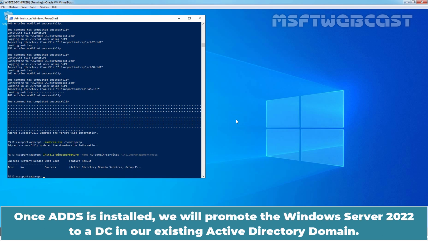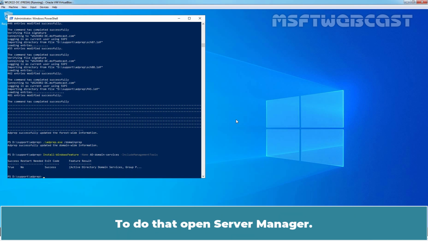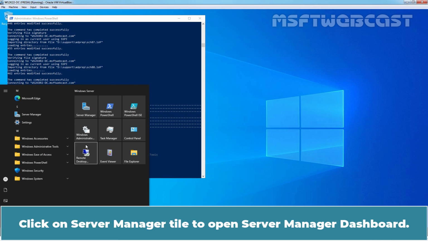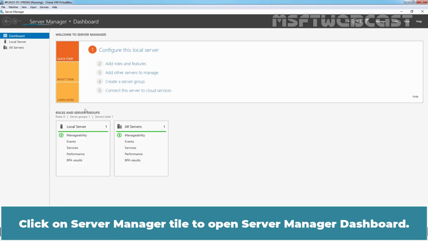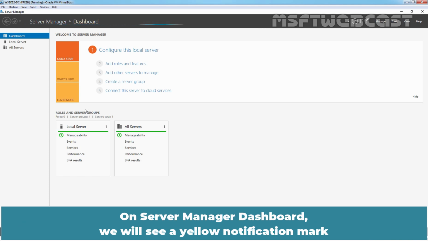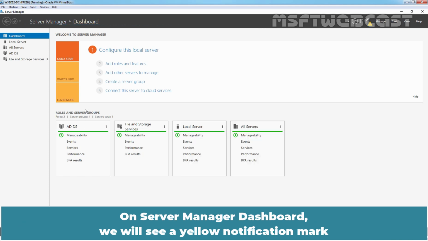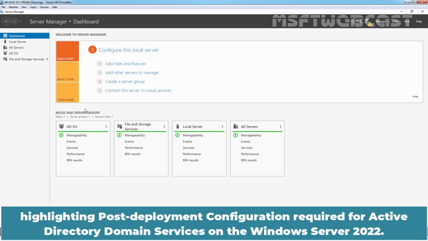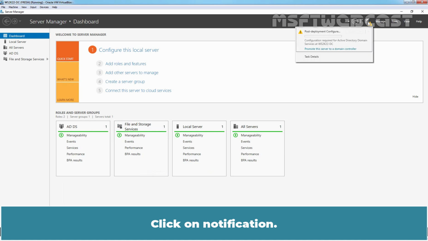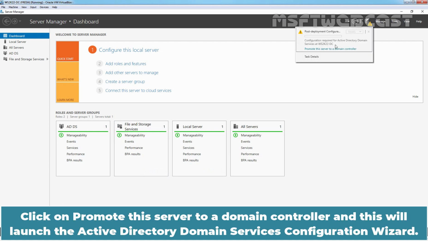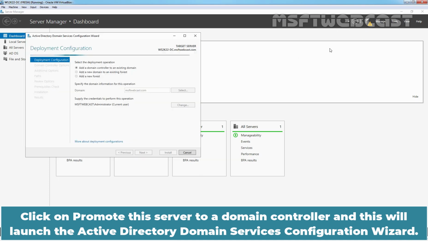Once AD DS is installed, we will promote the Windows Server 2022 to a DC in our existing Active Directory domain. To do that, open Server Manager. Click on the Start menu. Click on the Server Manager tile to open the Server Manager dashboard. On the Server Manager dashboard, we will see a yellow notification mark highlighting post-deployment configuration required for Active Directory Domain Services on the Windows Server 2022. Click on Notification. Click on Promote this server to a domain controller,